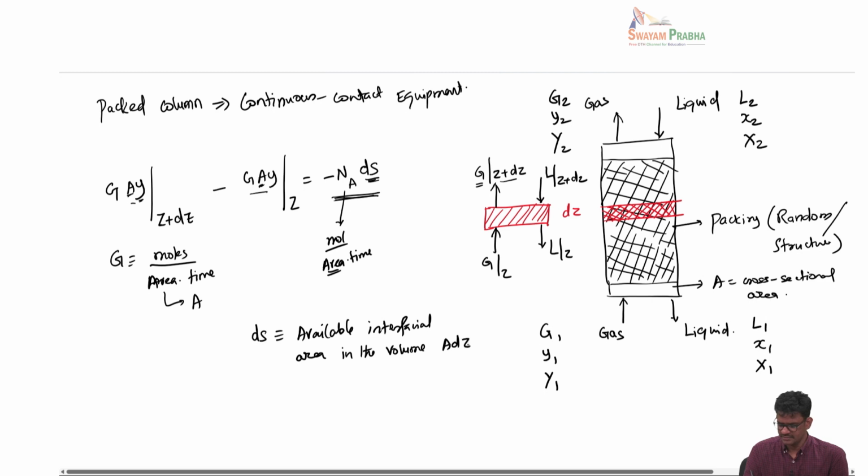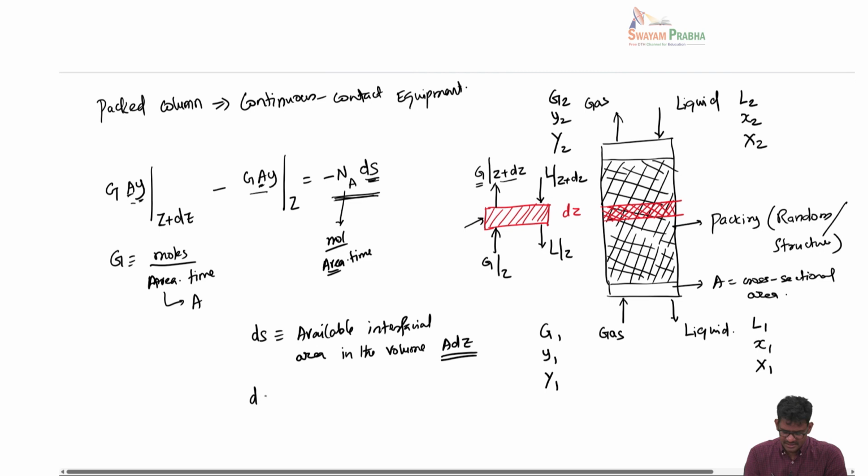A times dz. What is A times dz? A times dz is nothing but the small thin volume that I have shown here in this red block. So I am looking at a particular height dz and it has a cross section area of A. So the volume of that section would be A times dz. In that I have a packing, and I am asking how much interfacial area is available for the mass transfer in that particular section. So now I can write dS is equal to small a times A dz, where small a is a property or characteristic of the packing material,